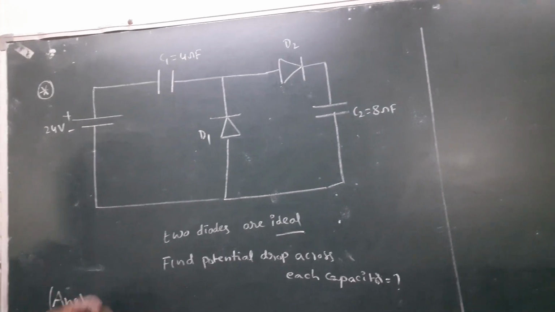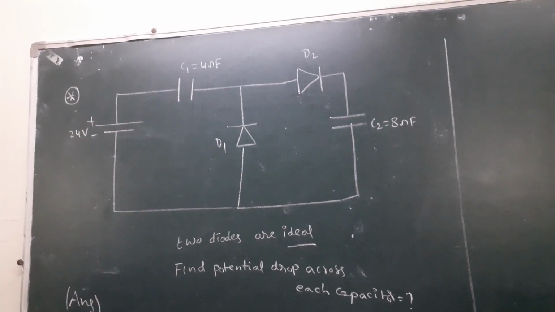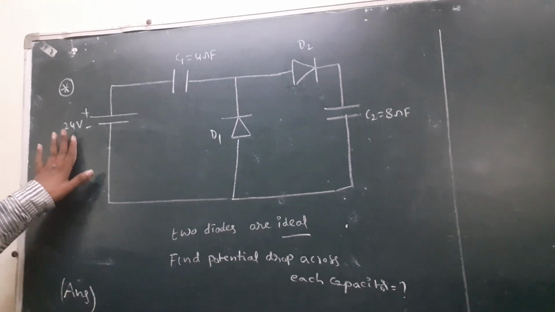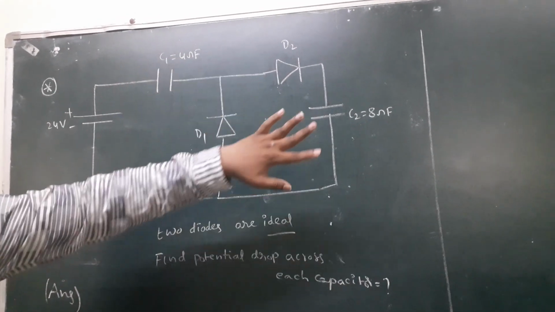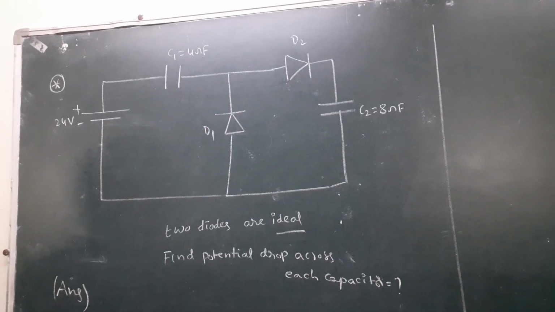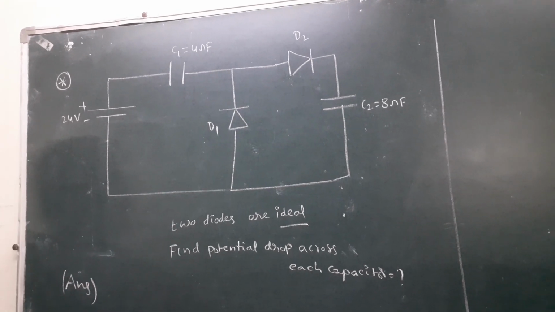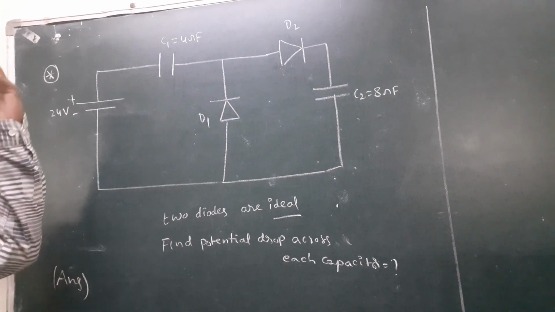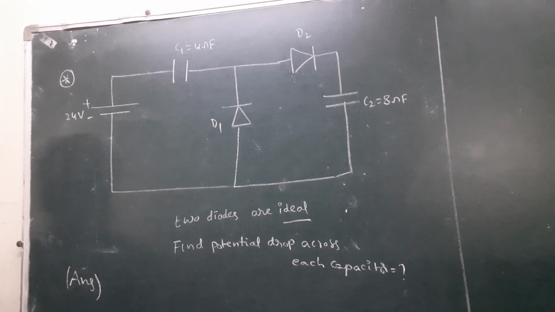Look here, Nana. This is the circuit diagram. Focus on the diagram. Here a battery is there, 2 diodes D1, D2, and 2 capacitors are there. What is the use of a capacitor? What is the use of a water tank? To store the water. What is the use of a capacitor? To store the charge at lower potentials.